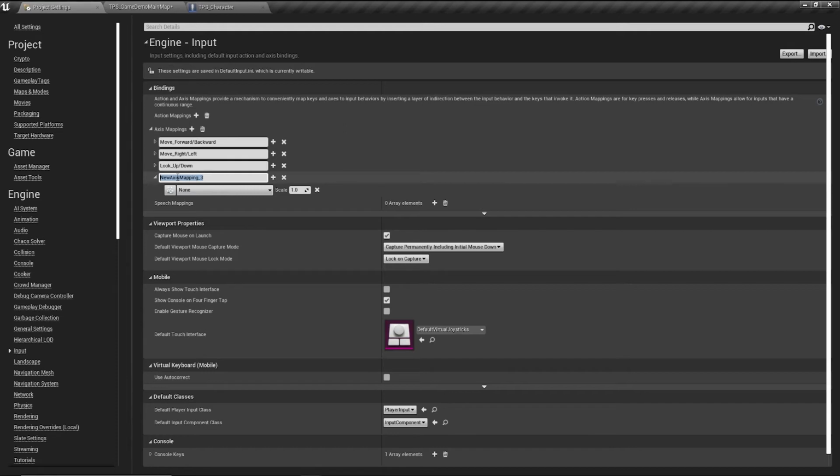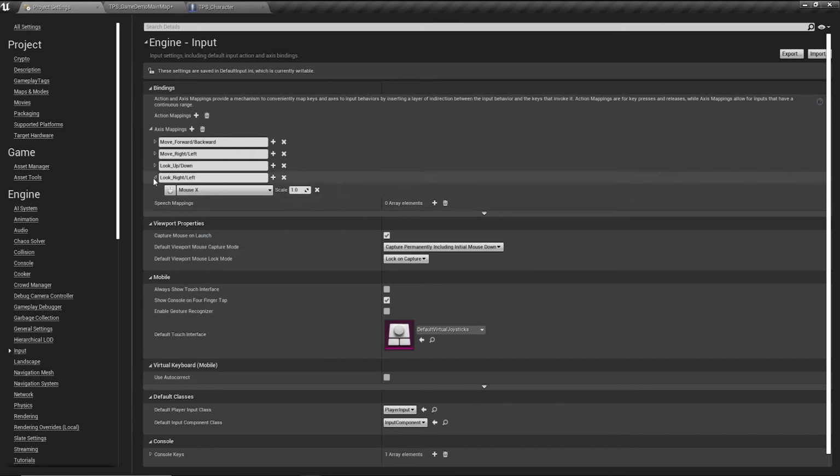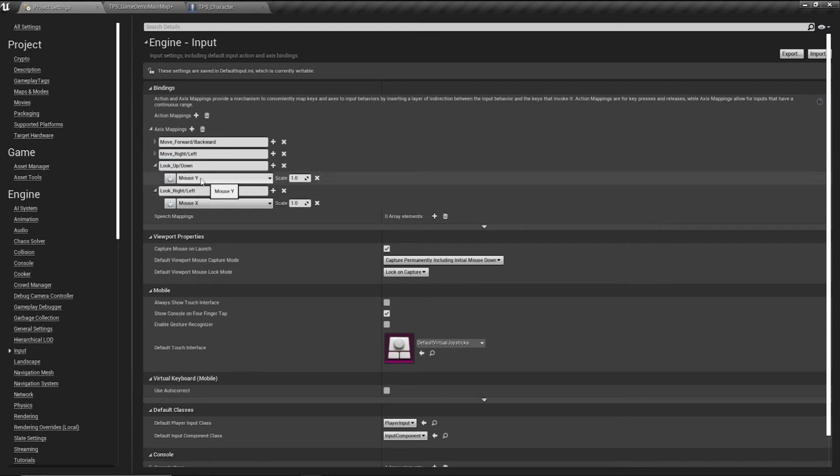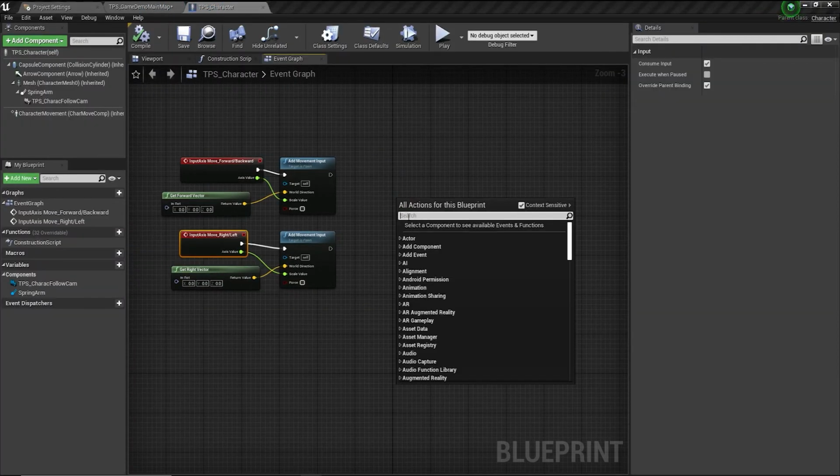Again create an axis mapping, look for look underscore right, and for this we assign mouse X. Just like X and Y, as our character will look on the X axis and Y axis, so take it minus for Y and plus for X. Perfect. Now go to the TPS character and from here search for